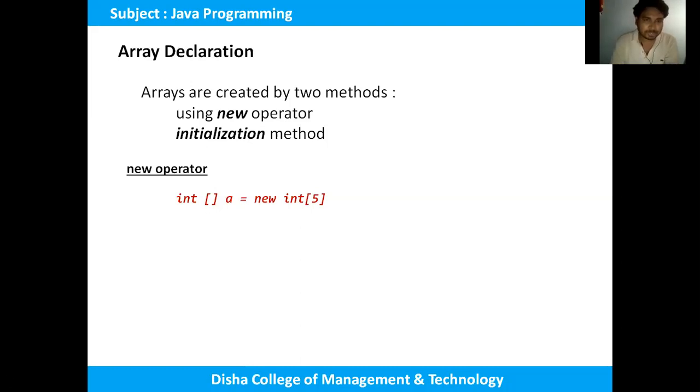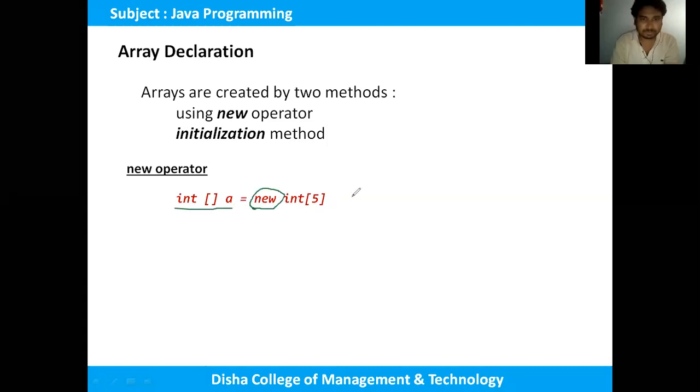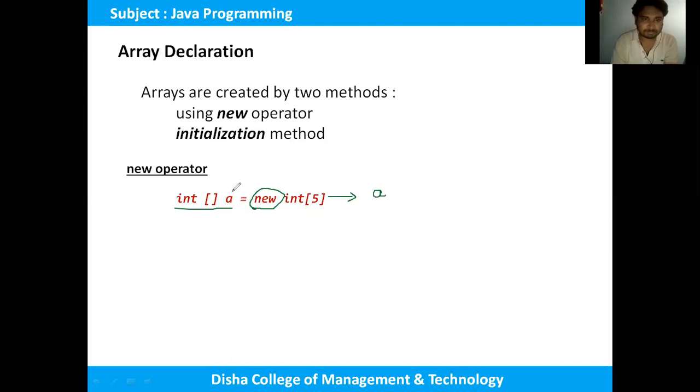Here I'm writing int a, and with this new operator I just define an array a. This is my array name.